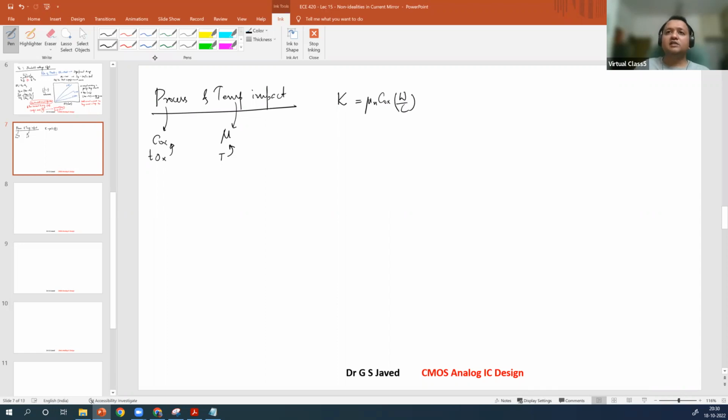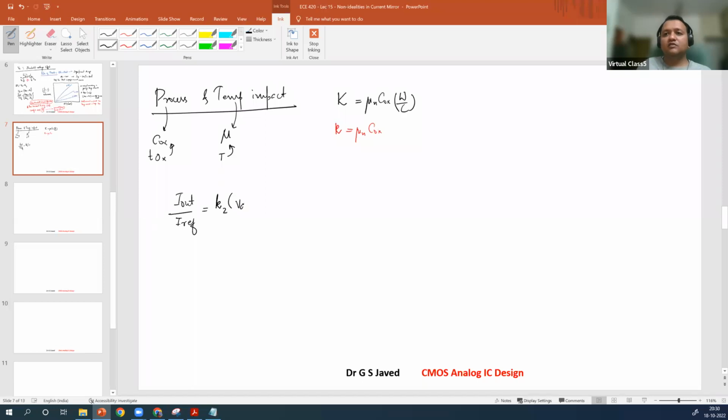In this particular case, let us call it small k. Small k is equal to only mu n C-ox. Now, when you calculate this mu n C-ox, where does it get impacted with respect to the current? So the current equations change as I out by I ref is given as small k times